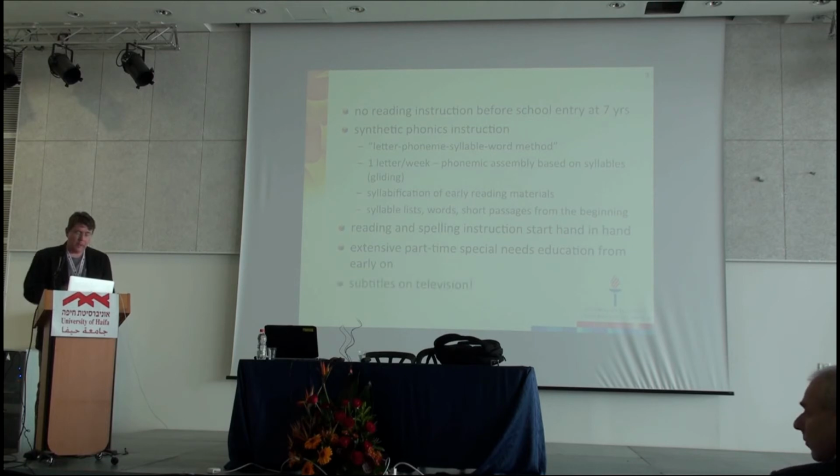Then one cultural notion: we have subtitles on television, which I think has been one of the great feats for Finnish literacy skills, when the decision was made not to dub TV programs but use subtitles. Youngsters watch television close to 10 hours per week, and most of the popular TV programs they watch are of foreign origin and have subtitles, and you can estimate that close to 10 hours per week of watching television